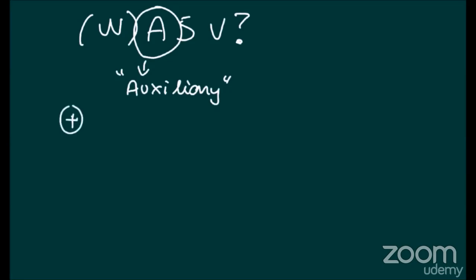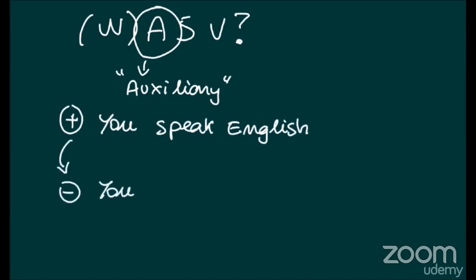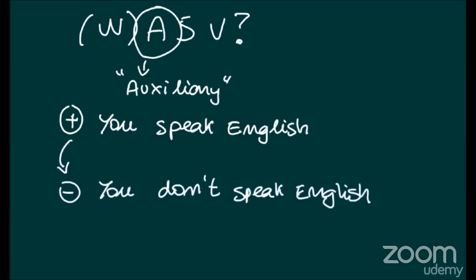For example, in present simple, a positive sentence is, you speak English. And when we change the positive sentence into a negative sentence, we say, you don't speak English. So in this case, the auxiliary, or A, is do. That is the word we use to change a positive sentence into a negative sentence. As you can see, to find the A for our WASV formula, we first make the negative and then take out the part of the word before the not part, or